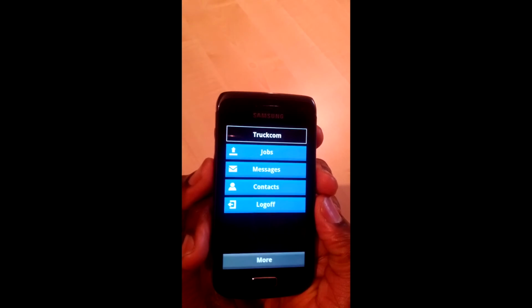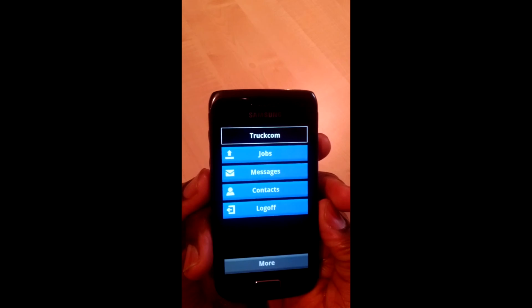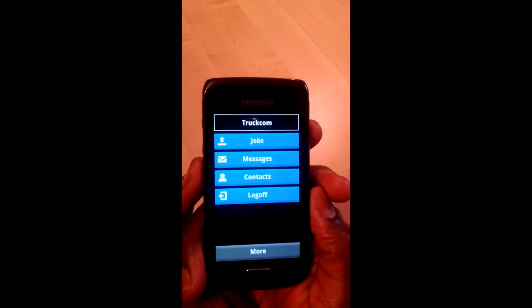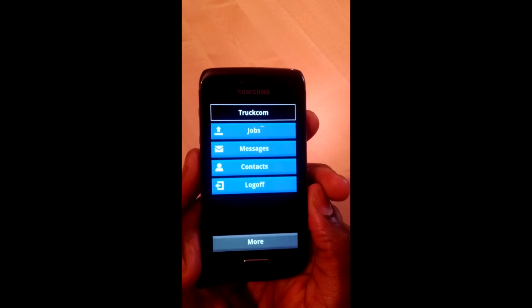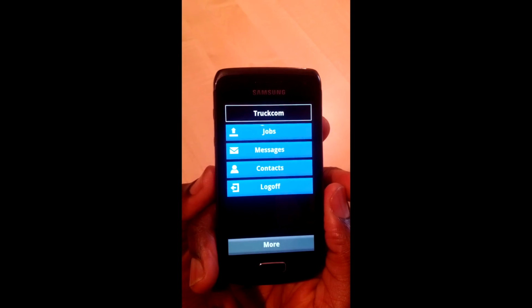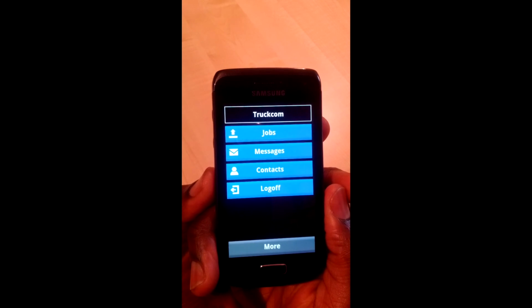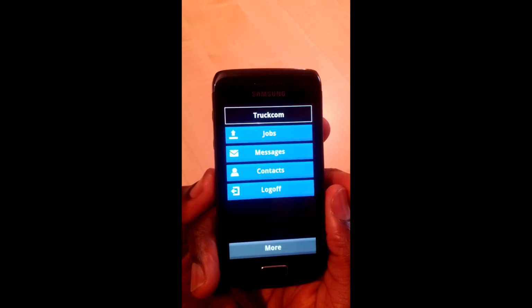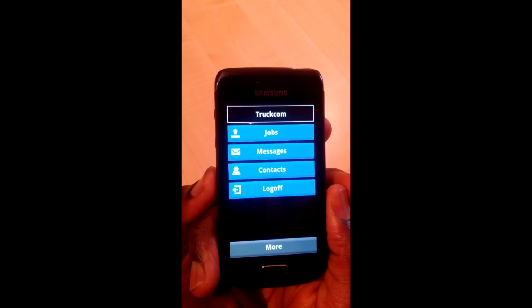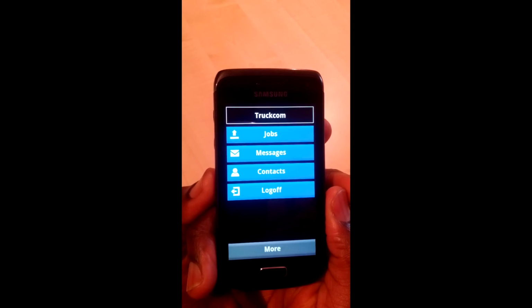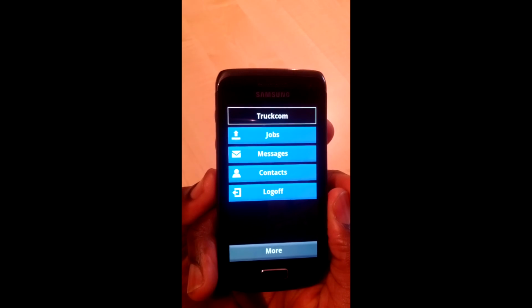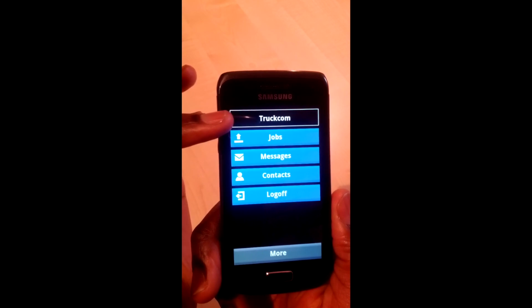Okay, so you're logged on, you've done your vehicle checks, and now you're ready to do jobs. The first screen you see is the main Truckcom mobile screen with 4 main buttons: jobs, messages, contacts, and log off. So to do jobs, you select the jobs button, first button on the top,